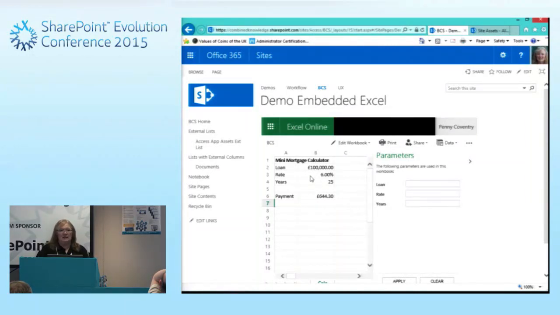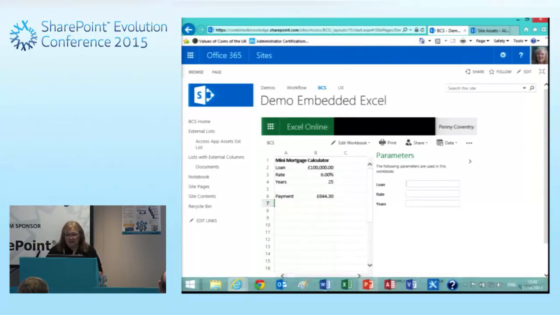I've named certain of the fields, and I've said, right, when this file is in browse view, please allow the users to interact with these particular fields, so that I've configured them as parameters,